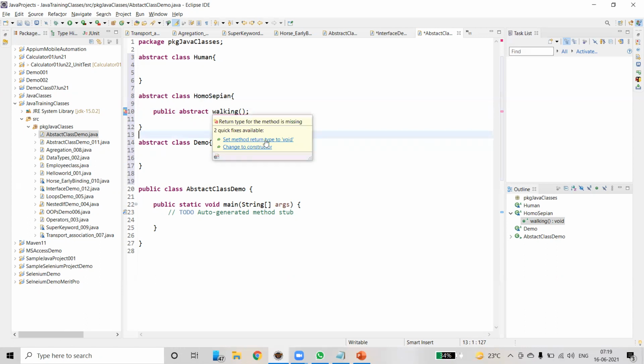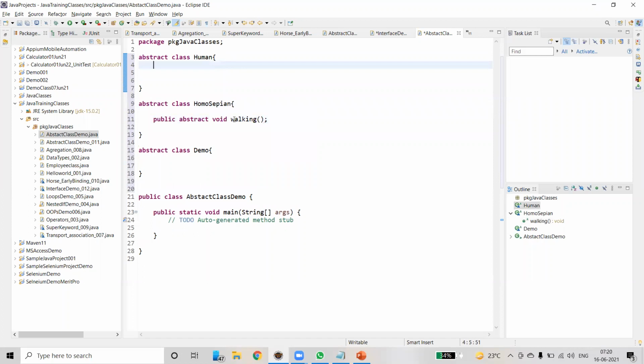Our forefathers' walking mechanism is different because they used all four limbs. Coming to human, his walking is different.